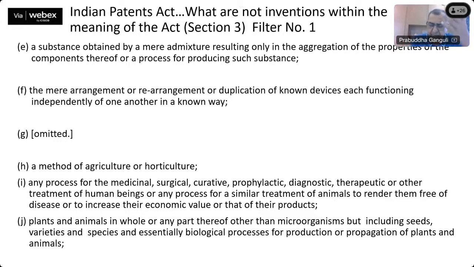Let's say you mixed it in a certain manner and you find it either more or less, which means it is not a mere addition. Then it will be considered as an invention and it will not fall within this. So when you're doing your experiments, especially when you're mixing things and putting things together, you will have to work out that this part, that you will have to establish